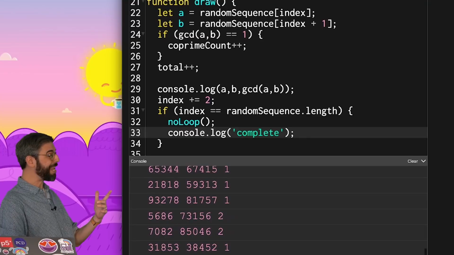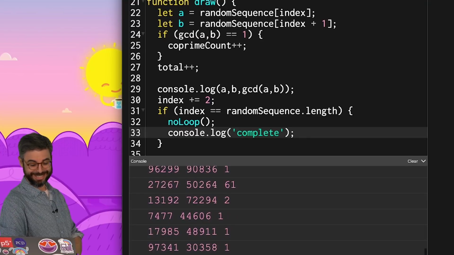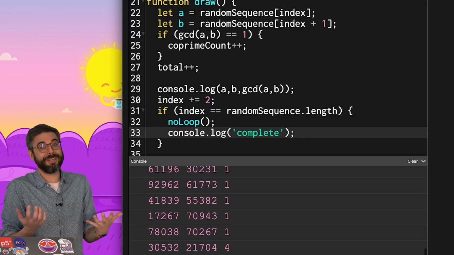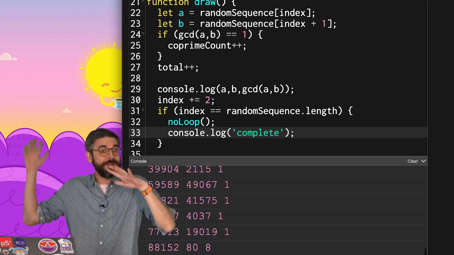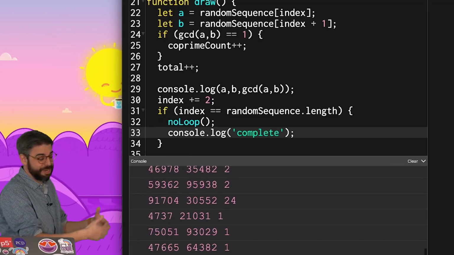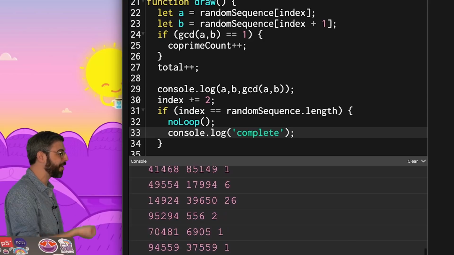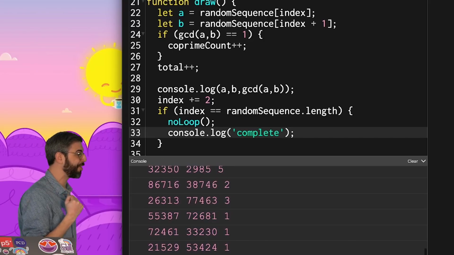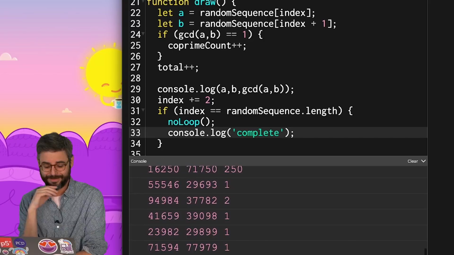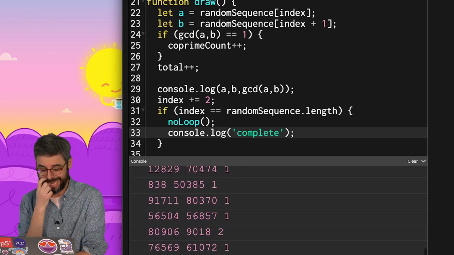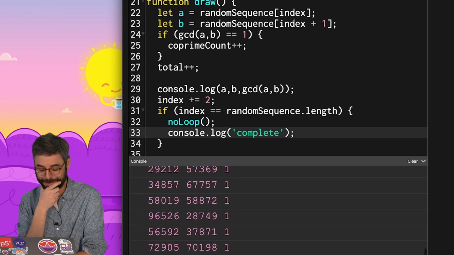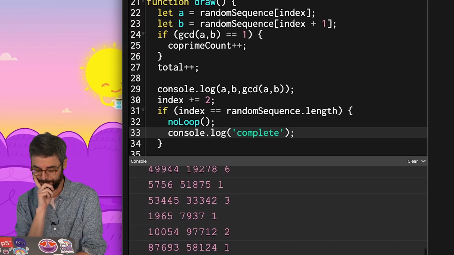Oh, look, I saw one that had 11. That was exciting. So it appears to be working. You know, I have to hope that all of my code and math is right, but I'm seeing all the numbers coming out in pairs. I'm seeing their greatest common divisor. I think I'm good. I'll wait just to see until it gets to the end so that I can see that it says complete, or if I get an error message.